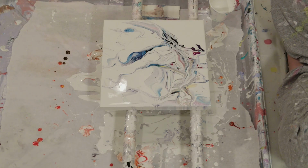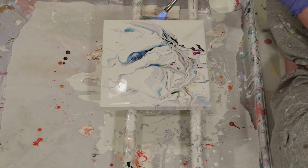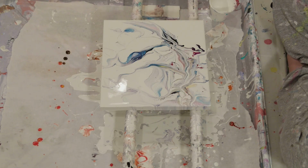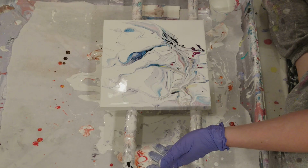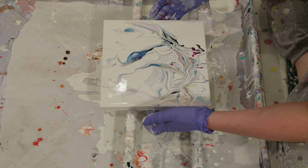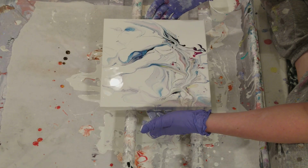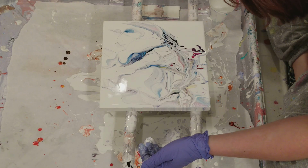So I will torch it a bit, but I didn't add silicone, so hopefully not too much will happen. The reason I torch, even when I don't use silicone, is air bubbles. Because if those air bubbles pop as they're drying, then you end up with like pock marks. Unfortunately, it gave me those white spots, which I don't like. But